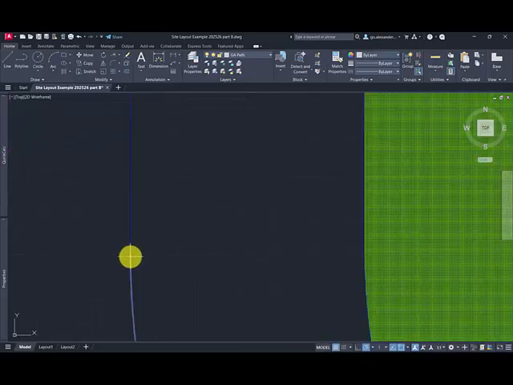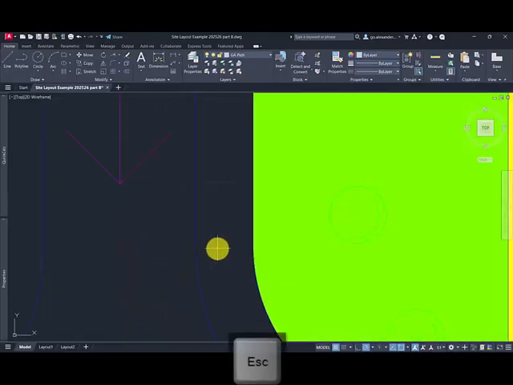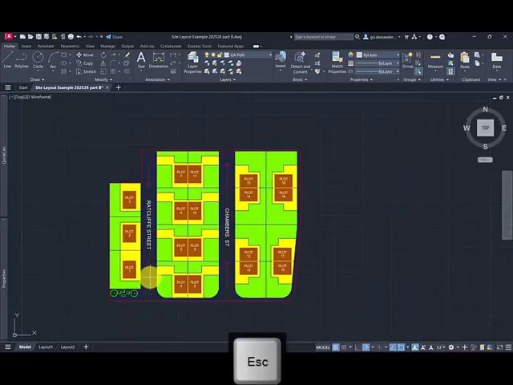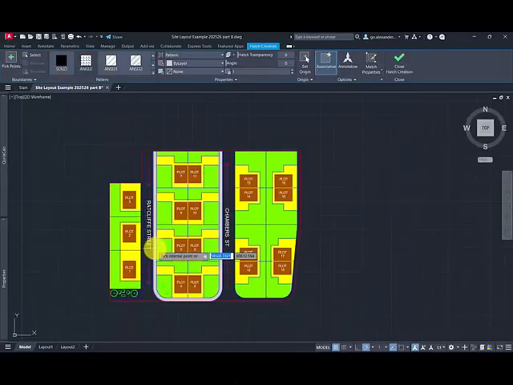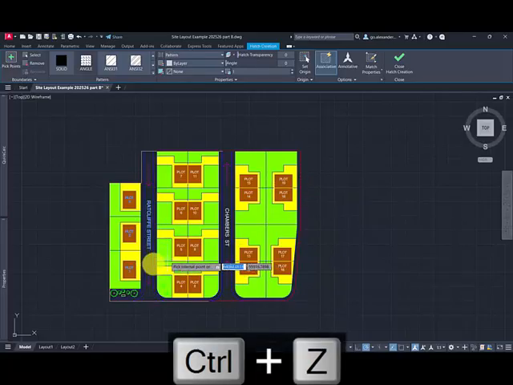If you have a gap, just to demonstrate it here, if you have a little bit of a gap and you go to choose a footpath area for the hatch, when you click in there, it may overspill into other elements like so. Notice that it is also blanked out around the text, so we need to keep that in mind when we're doing that. Now I will just undo